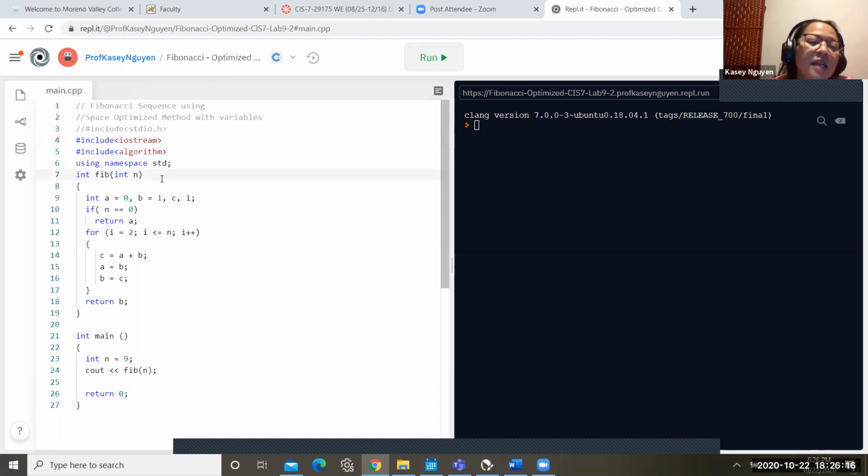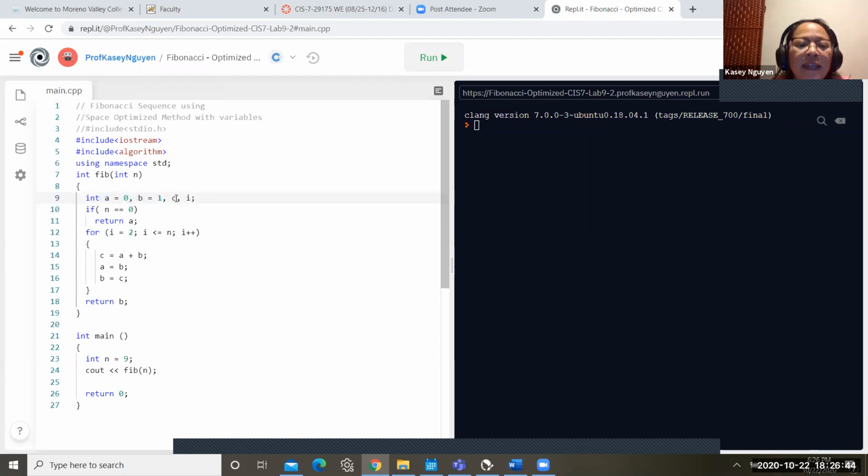So similar to example 1, you have a function called fib. But inside this function now, you notice that we're using variables. You have int a, which starts at 0, and b, which starts at 1. These represent the seeds, the beginning part of the Fibonacci sequence.